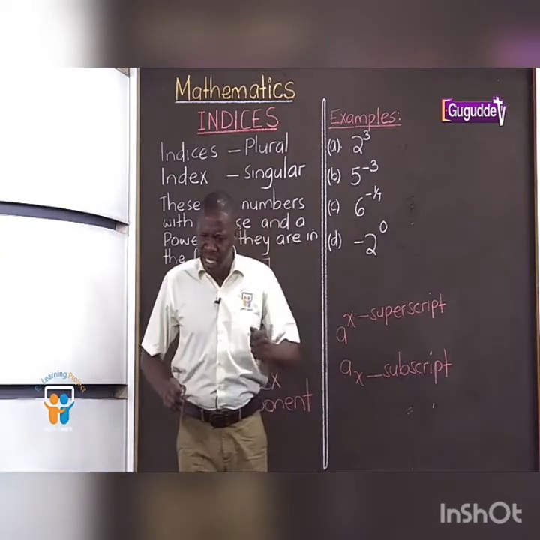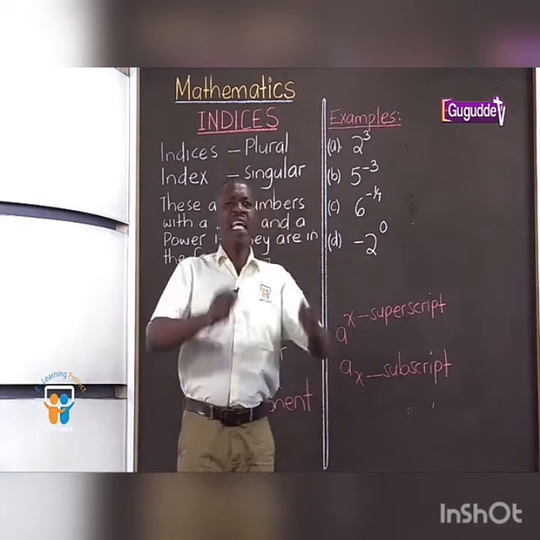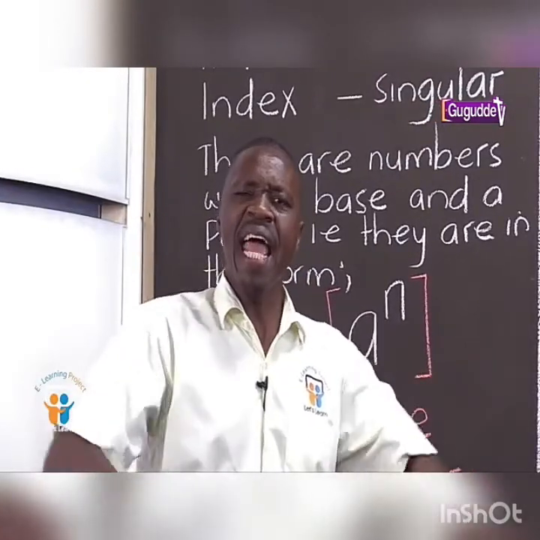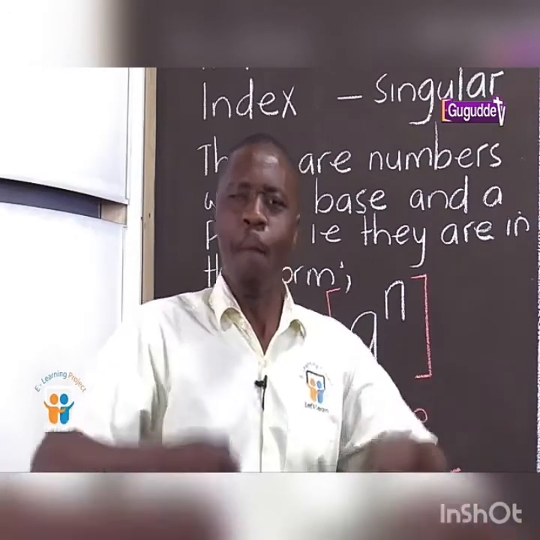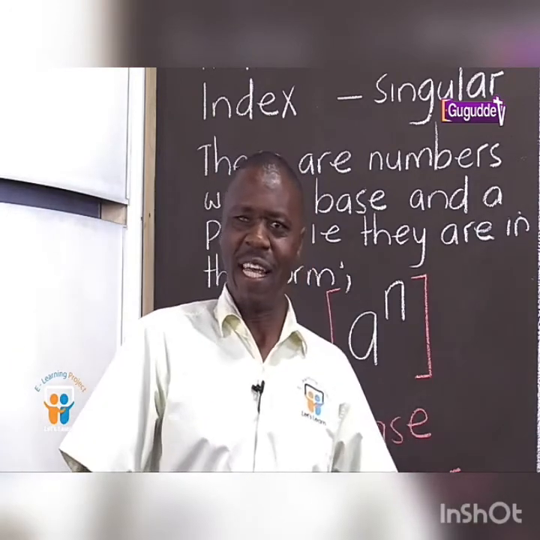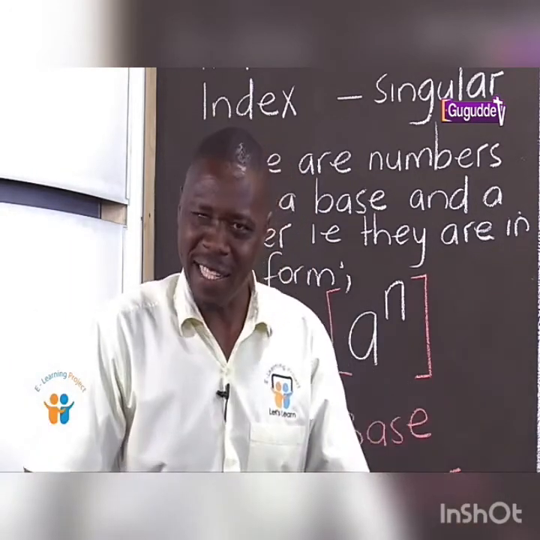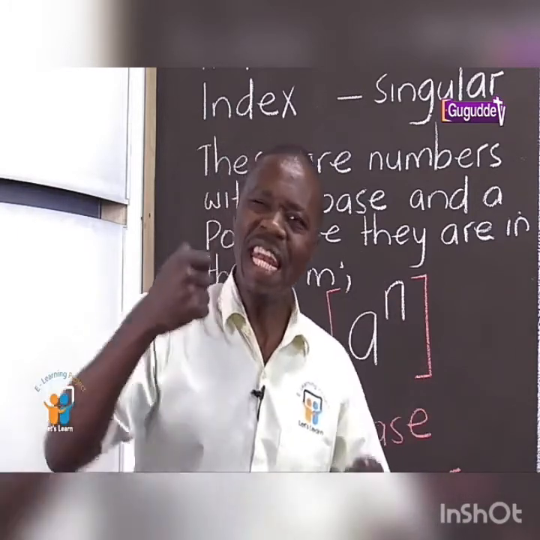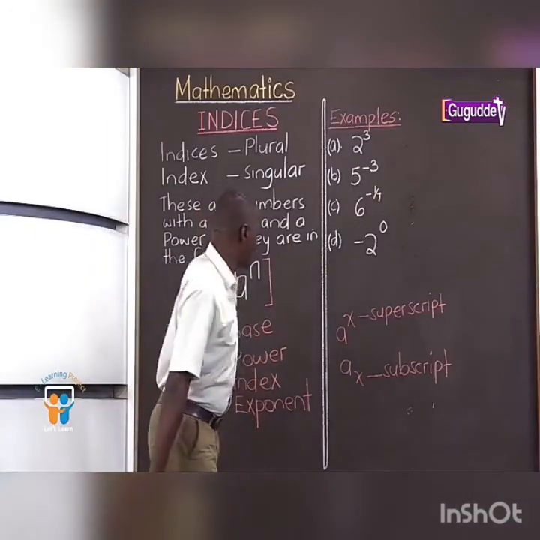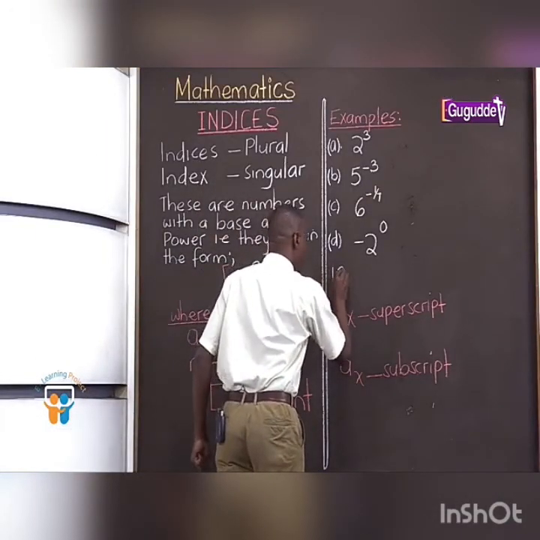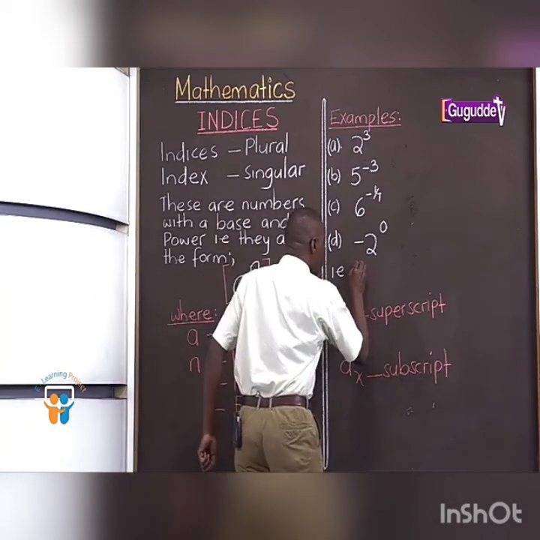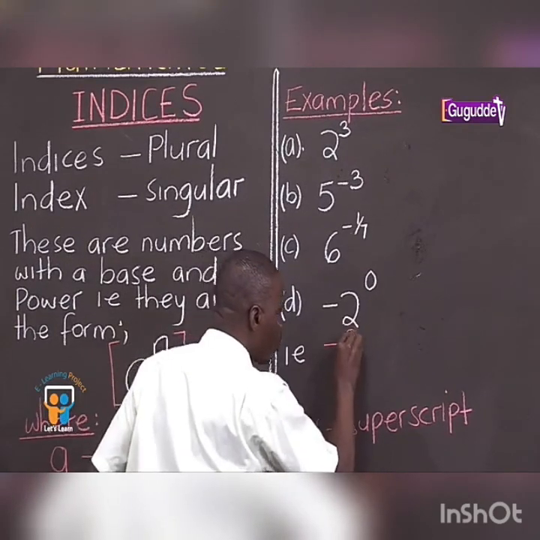What we need to inform the examiner again is indices are able to show us how many times a number is multiplied by itself. I repeat, indices are able to show us how many times a number is multiplied by itself. What am I trying to say? This is what I'm trying to say. That if I have a number such as 7 to the power 2, 7